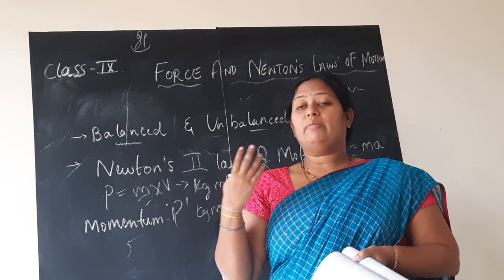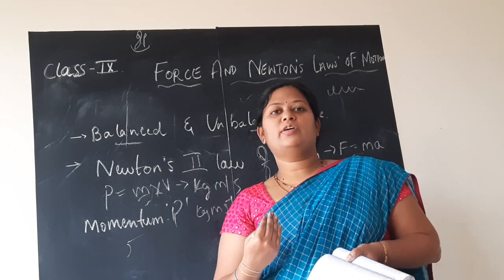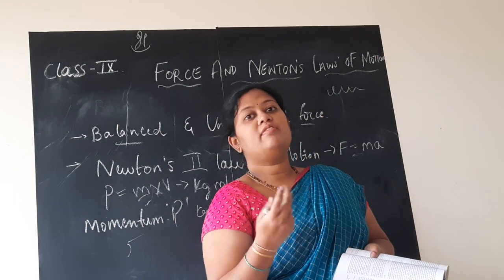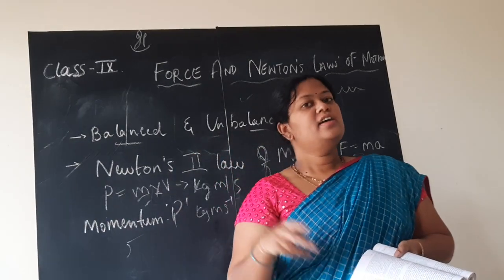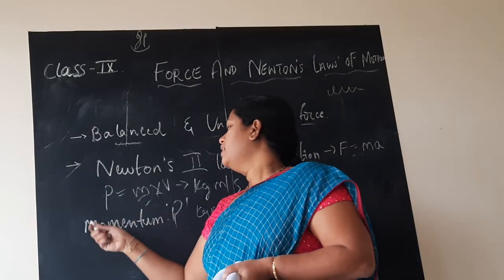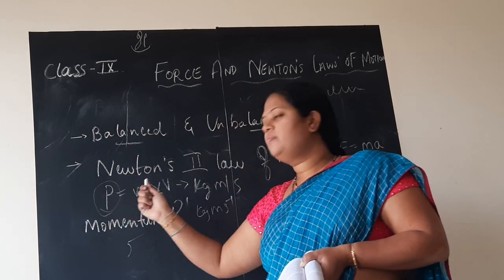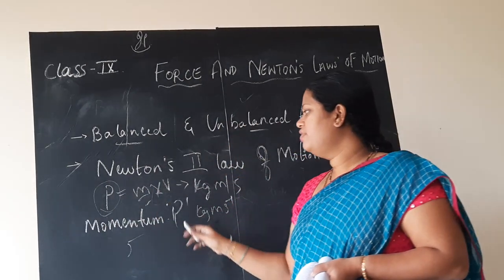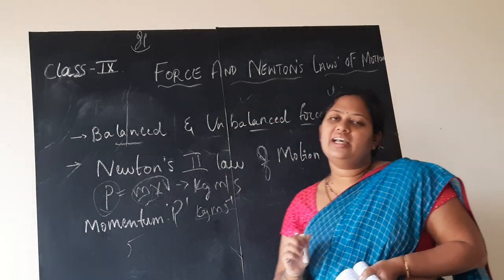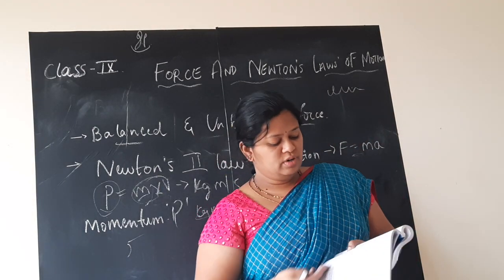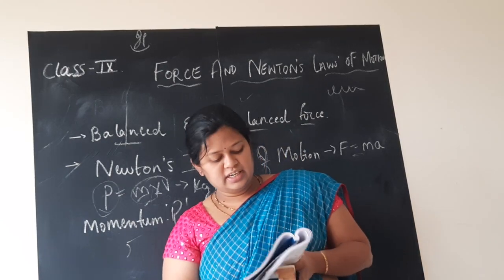If a bus comes and hits, momentum is more, but if a two-wheeler comes and hits, momentum is less, they will talk like that. Momentum is more, so only we get hurt more. So by these examples, clearly you can understand the concept of momentum, children. It is defined as the product of mass and velocity, and its unit is kg meter per second. So beautifully it is being explained. Please read in the textbook.